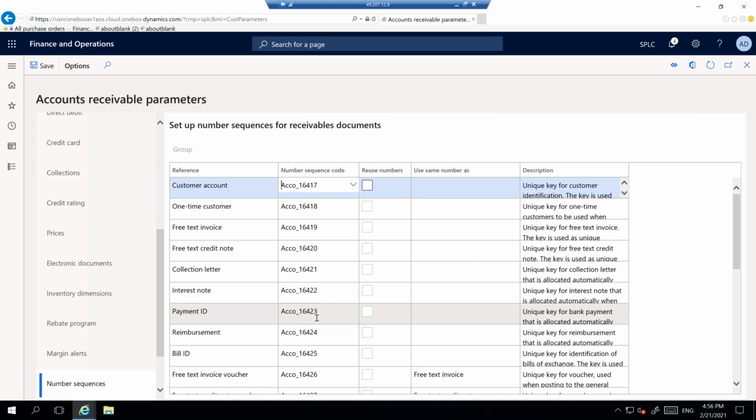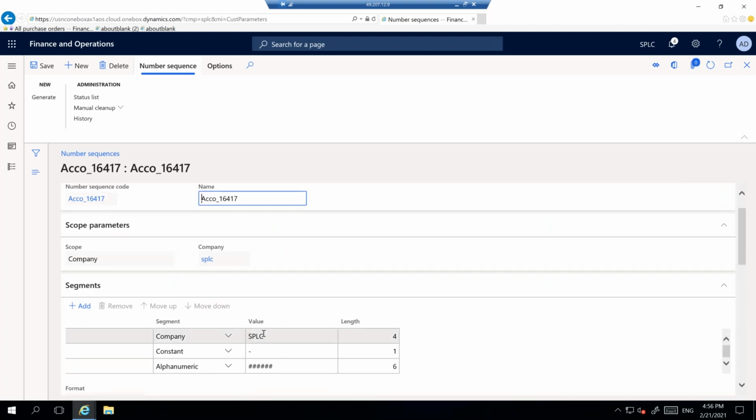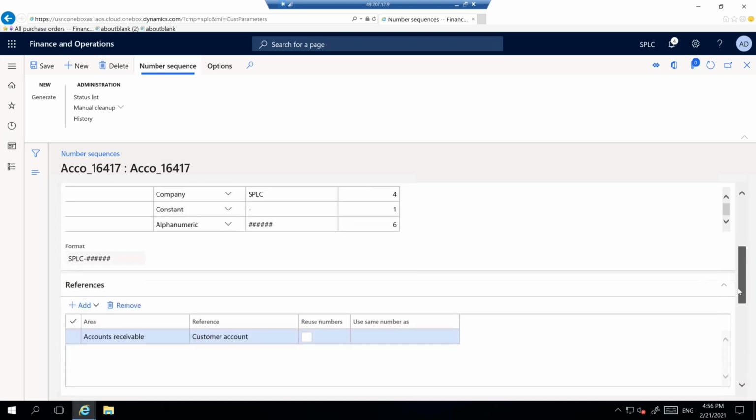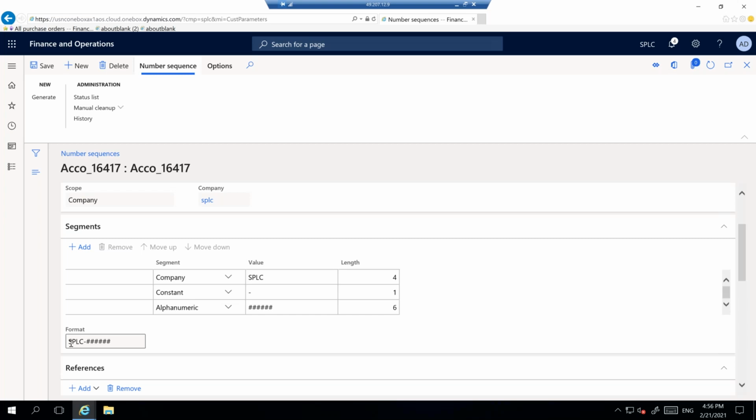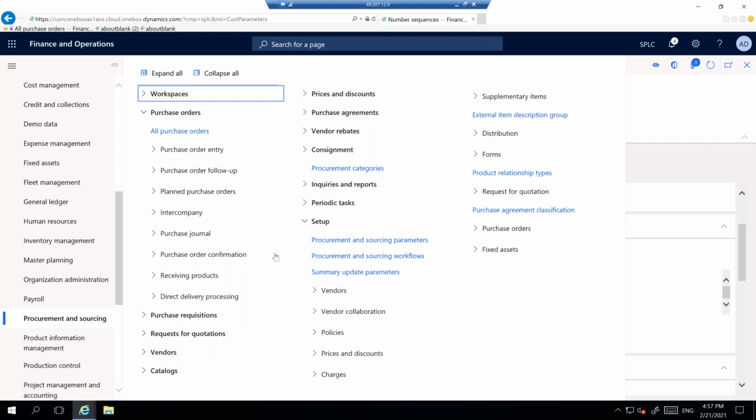It was created. Okay, how was it created? What is the format they have followed? Look at this one. For customer account, it is SPLC dash 6 digits. That means whenever you are creating a new customer, it will show SPLC dash 001. But I don't like this one. I don't want this SPLC dash 001, because if I go to vendor account, I'm going to procurement and sourcing